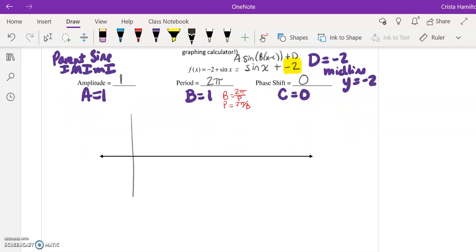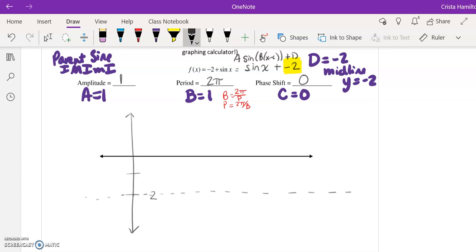When we look down, I'm going to go down below, because when I look at this, I need to make sure that I go down to my midline, and my midline is down here at -2. A lot of times you'll see me dot in a midline just so I can see that as we're going. Now, in terms of our 5 key x-axis points, there was no phase shift and our period is